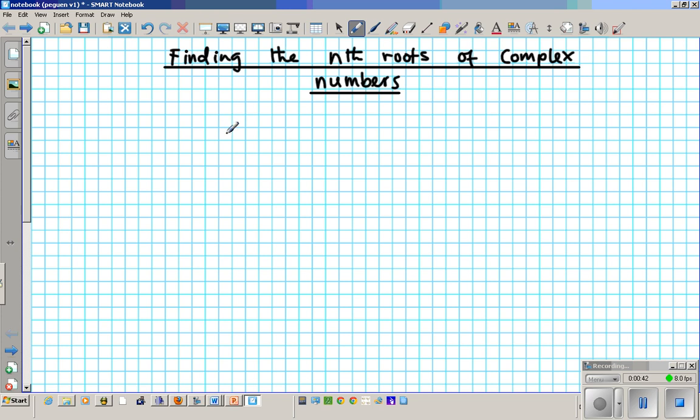So let's look at the formula first, and then we'll go ahead and look at an example, okay? So, formula. Let's say we wanted to find the p roots of a complex number. So if we have a plus bi as a complex number raised to the 1 over p, the complex roots are going to be given by